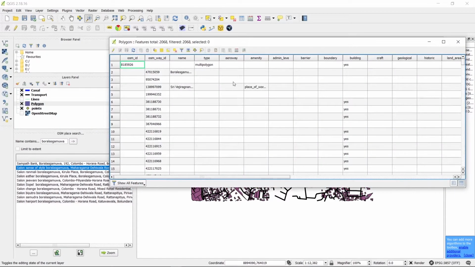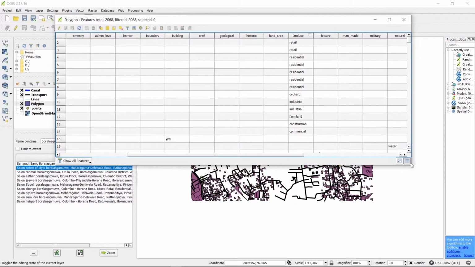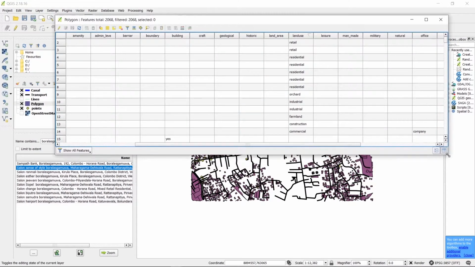Open attribute table. Here we can go for that column called landuse. Right. So they have already categorized some areas by land use, but depending on your purpose and your criteria, you can make your land use map based on your purpose.